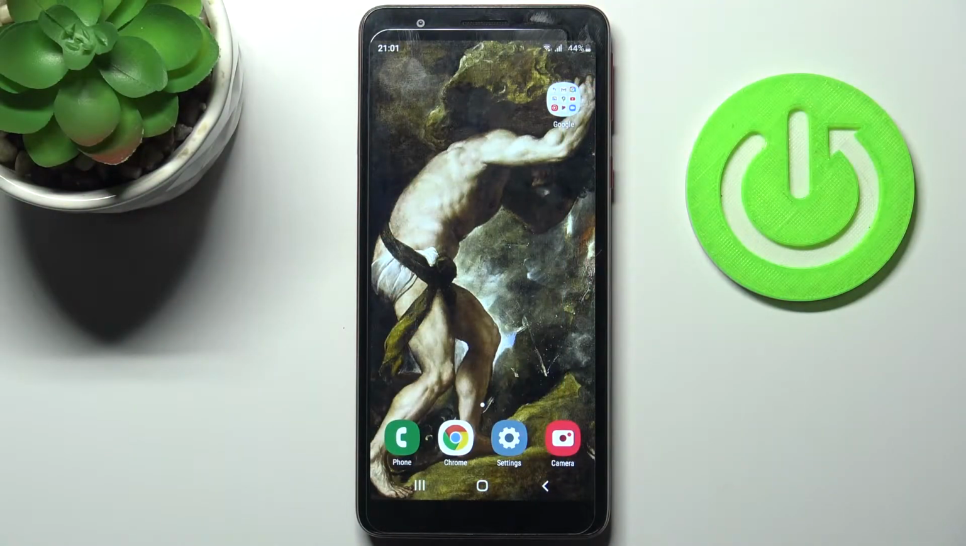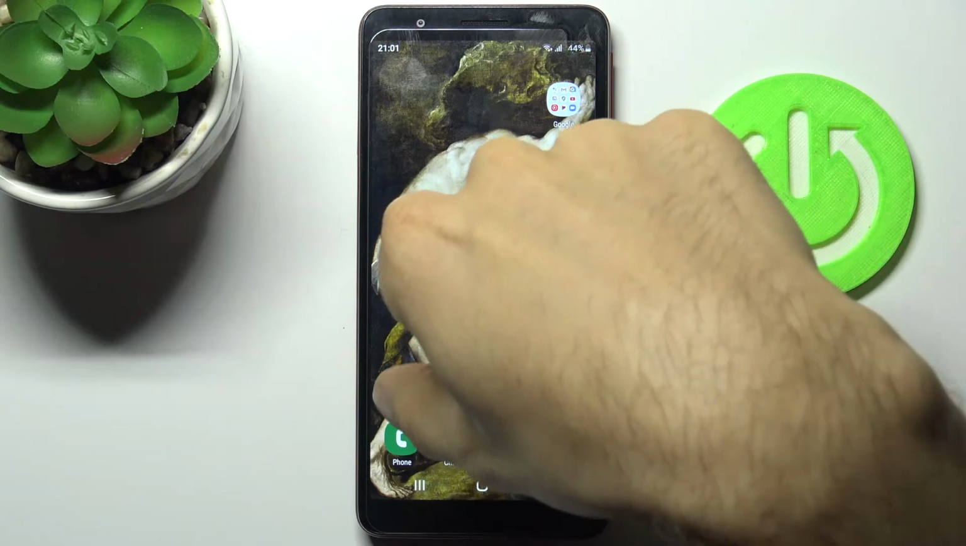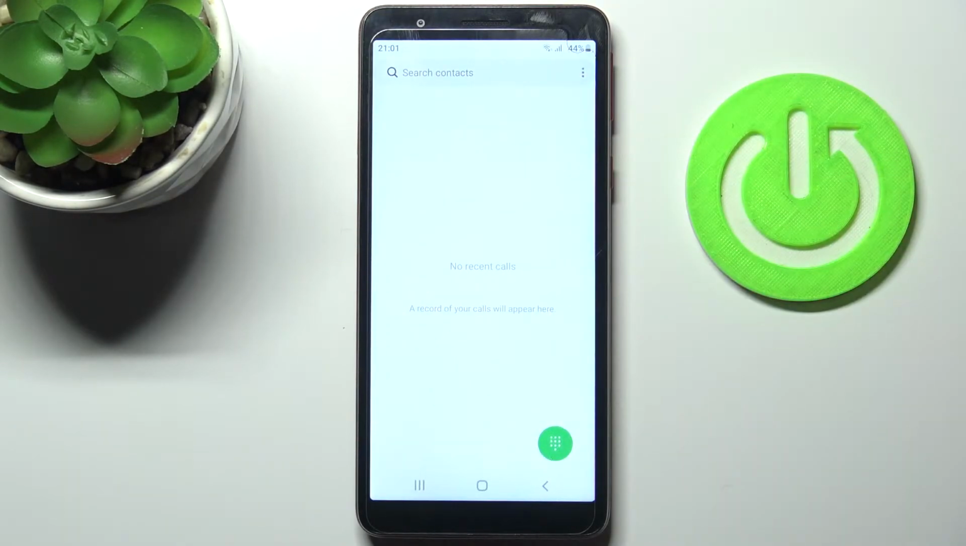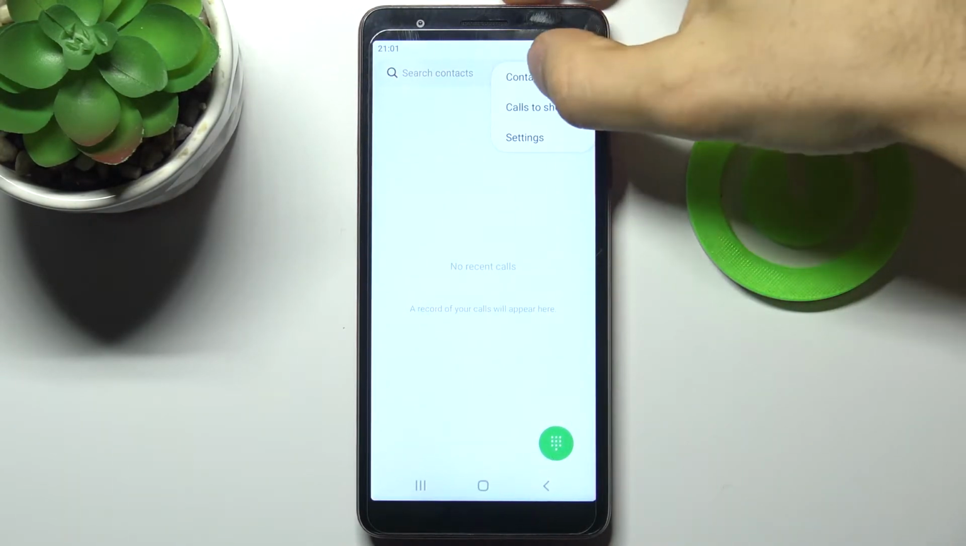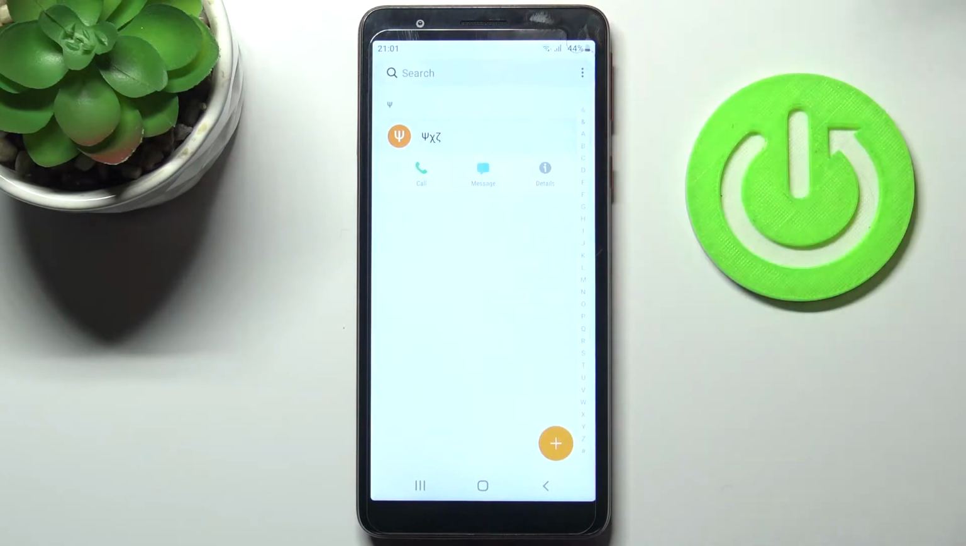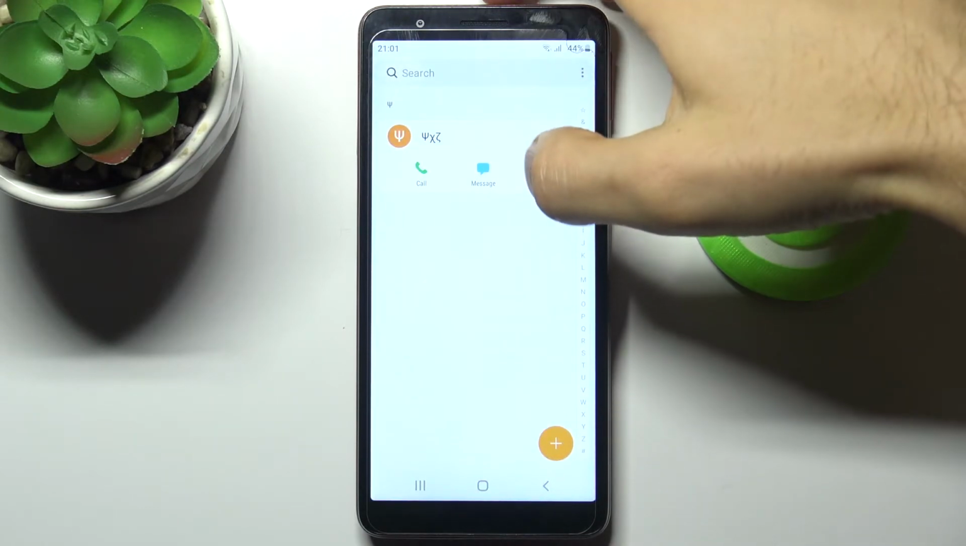Here I have Samsung Galaxy M01 Core, and today I'm going to show you how to add photo to contact on this device. So firstly, let's open phone application, then tap here, go to the contacts, select contact which you want to add photo, then tap details,